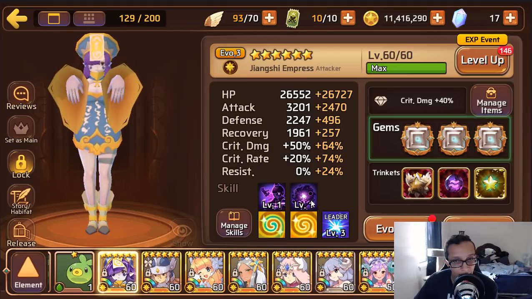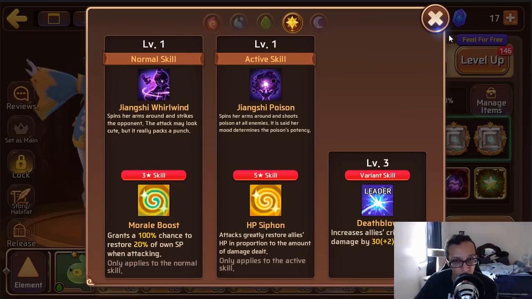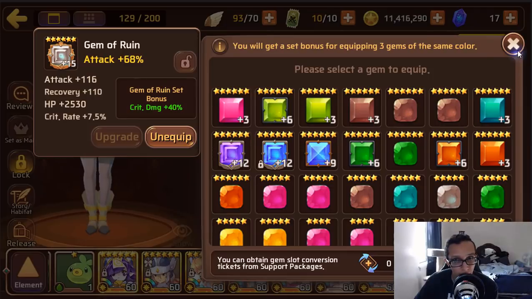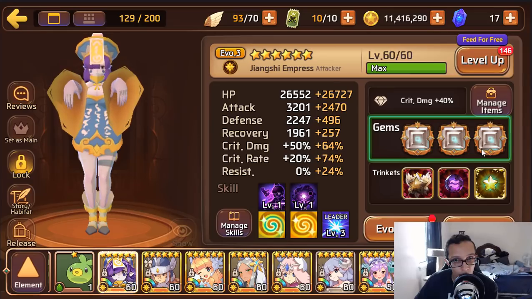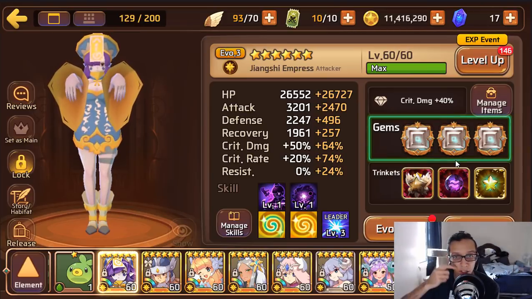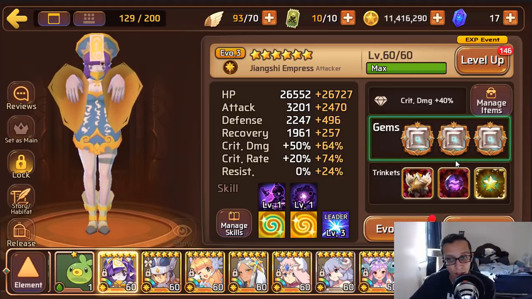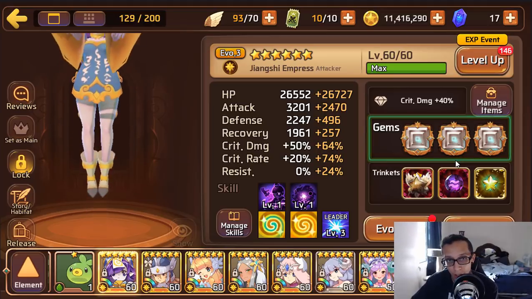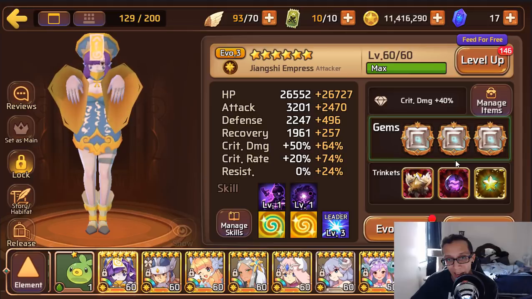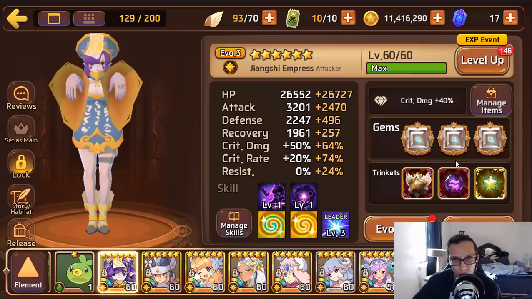And then Light Yunxi, looks like you are definitely using her with her morale boost and HP siphon. Attack, crit rate, HP. So you have her on more of a bruiser build as well. And honestly, she's not that bad at all. I'm not saying that she's bad in terms of use, but the way you have her gem, she's not bad at all. I'm not really sure where you use her at. I would definitely be interested in figuring out where you do use her at, but